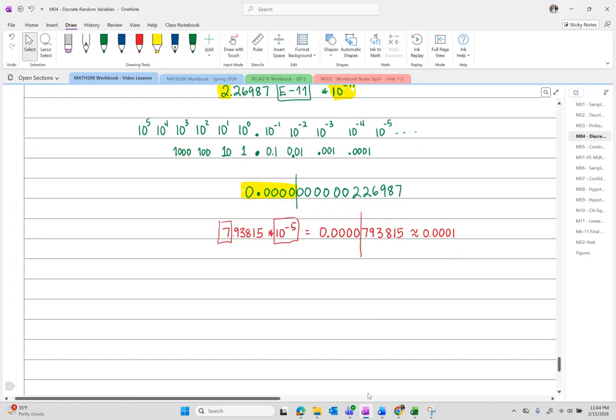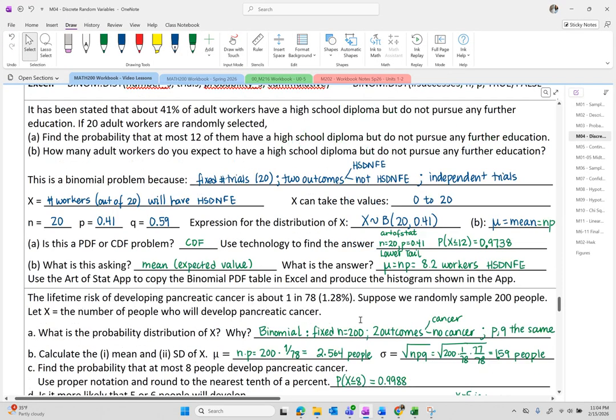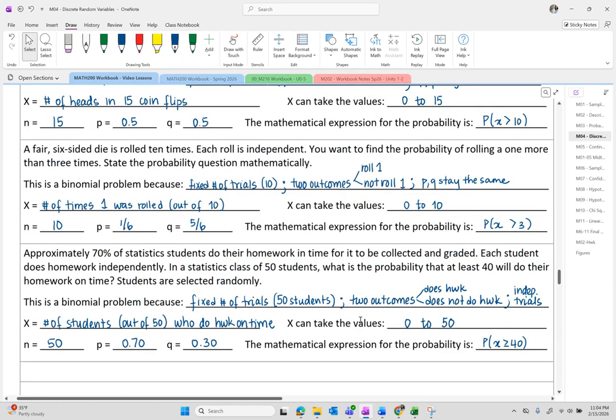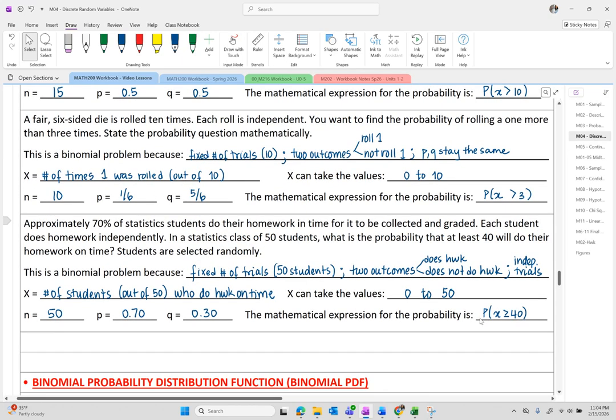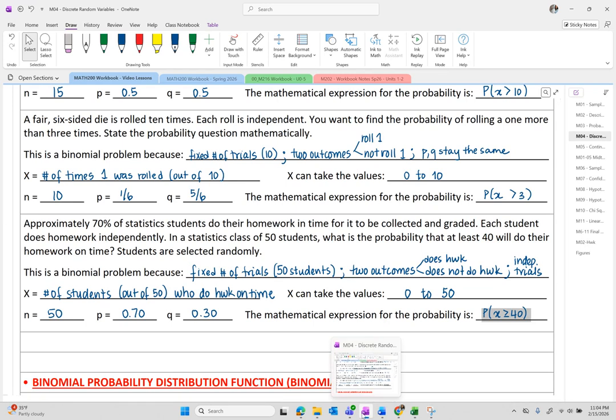And as a reminder, when we did our notes, at least 40 students means that we are looking for the probability of X being greater than or equal to 40. That's what at least 40 means. At least 40 means 40 or more. So